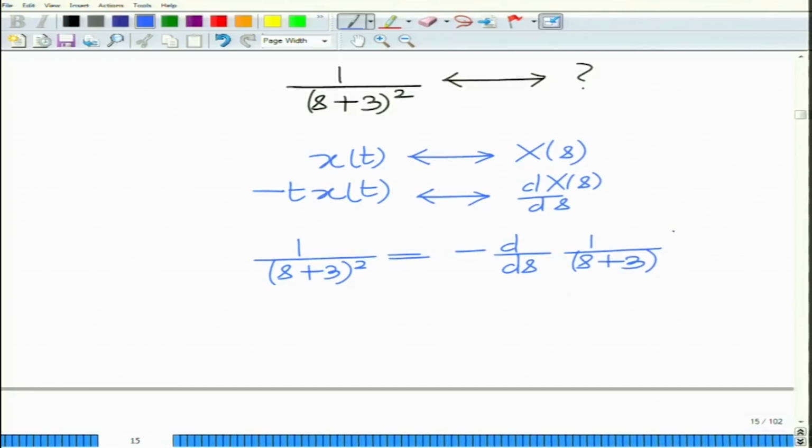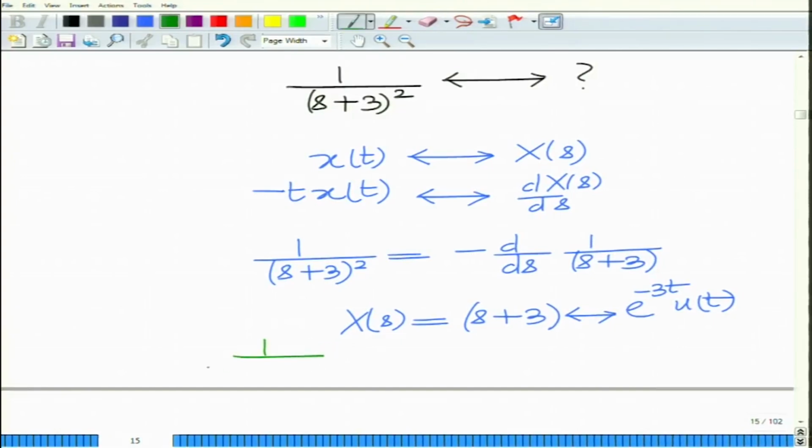And we know the signal corresponding to X(s) equals 1 over s + 3 has inverse Laplace transform, we have already seen, e raised to minus 3t u(t), which means 1 over (s + 3) whole square, which is minus d over ds of 1 over s + 3, will have inverse Laplace transform minus t